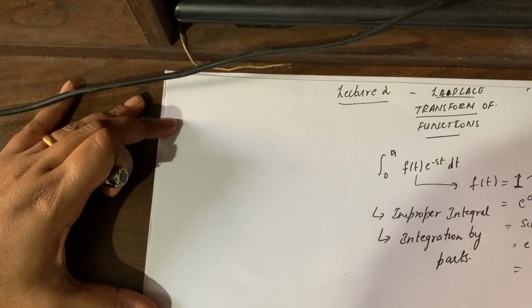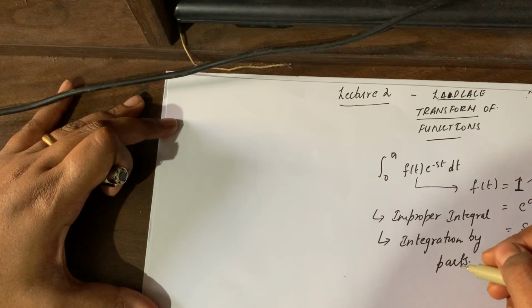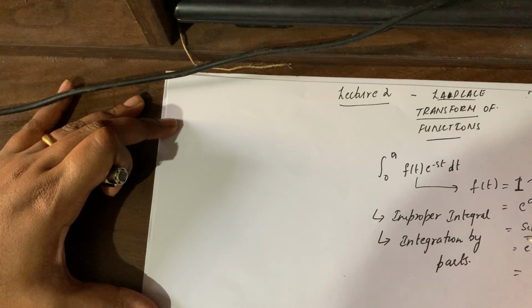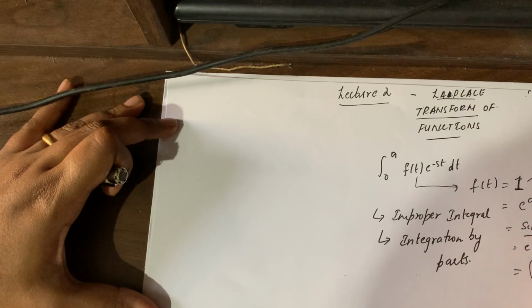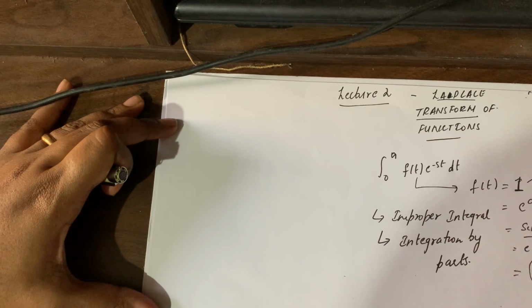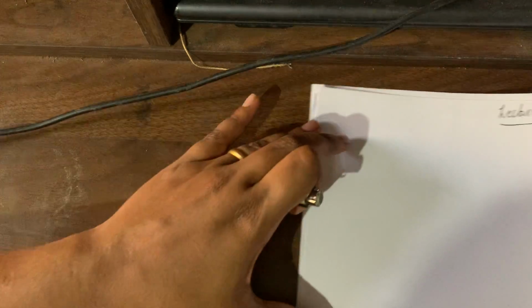He also gives a good explanation, but I will be deriving it in a different way from what he derived, because he's going to be using integration by parts for certain functions like sine omega t and cos omega t, which I won't be doing. So we will go the easy way so that we avoid using integration by parts to some extent, but we'll have to do integration by parts for t. So I advise you to go through the links that I have provided with this lecture video on improper integrals and integration by parts. Okay, so let's get to it.